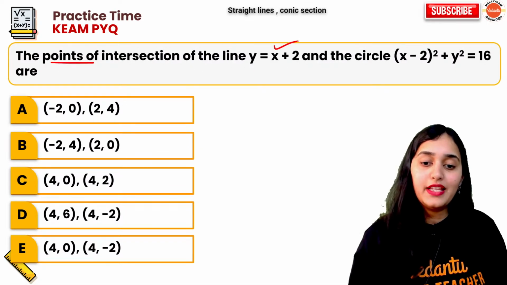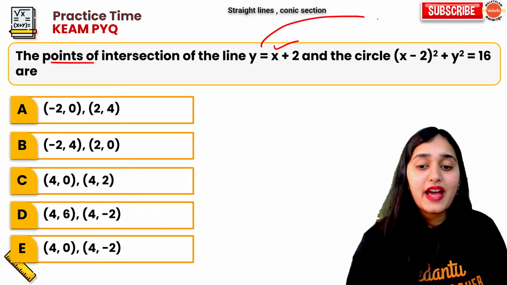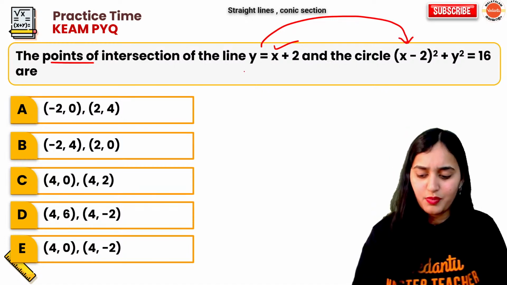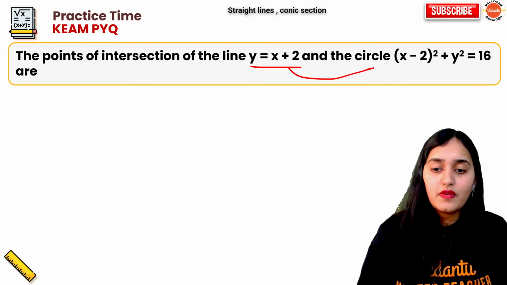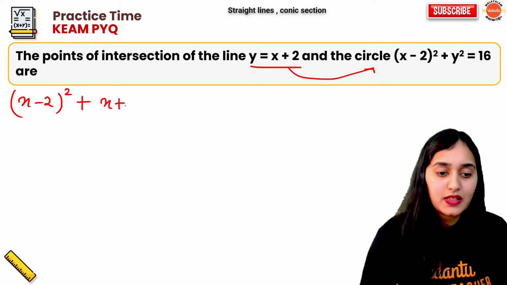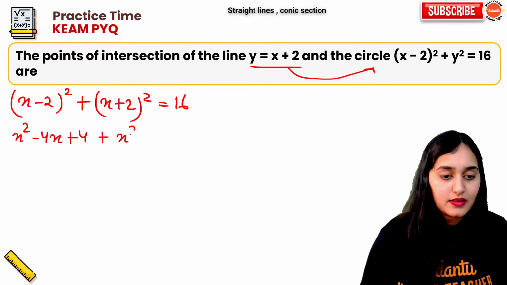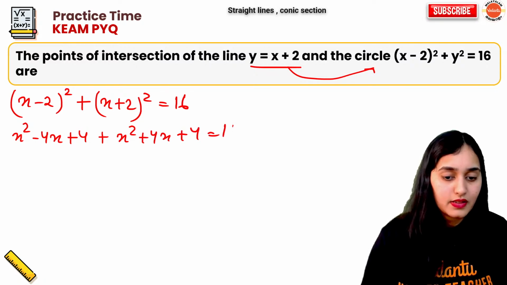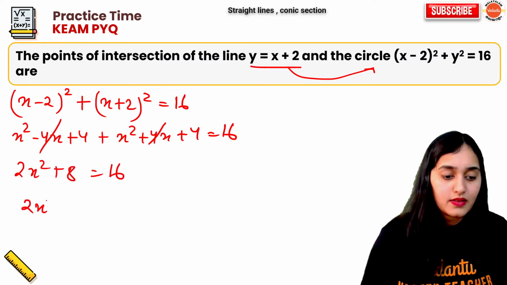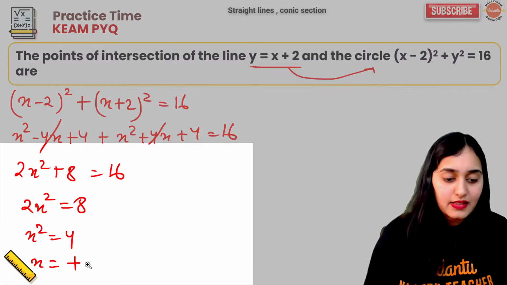Point of intersection of this line and this circle is dash. Easy question. Do I even need to solve it? Just put this in this. You will get your answer. So y is equal to x plus 2. We will put it over here. So it will be x minus 2 whole square plus x plus 2 whole square is equal to 16. So we'll have x square minus 4x plus 4 plus x square plus 4x plus 4 is equal to 16. Minus 4x cancels, 2x square plus 8 is equal to 16. So 2x square is equal to 8, x square is equal to 4, x is equal to plus minus